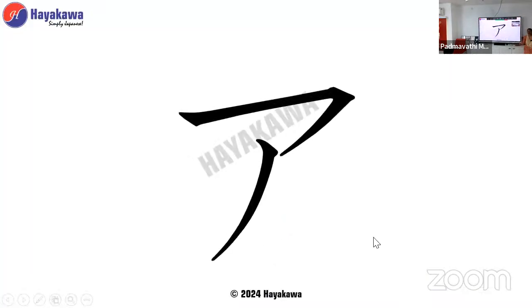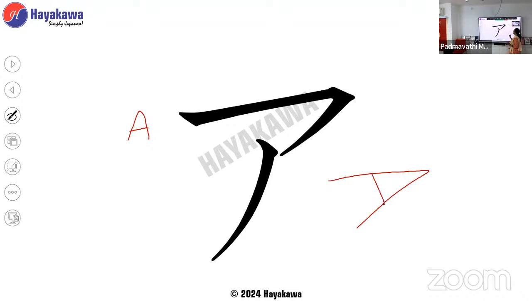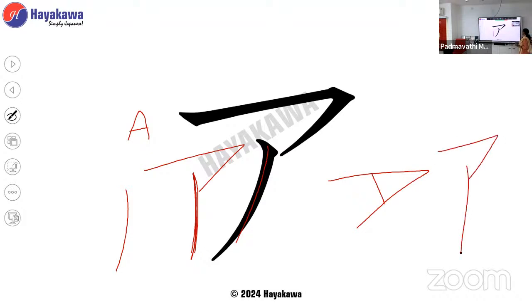One and two. When we deal with katakana letters, it is going to be with straight strokes, rather than moving with curves and loops. We don't have any curves and loops. It's going to be more or less straight versions, right? So this is like A, which is written like this. So 1 and 2. The second stroke is slightly curved like that. This is going to be a. 1 and 2. If you touch also, no problem here.